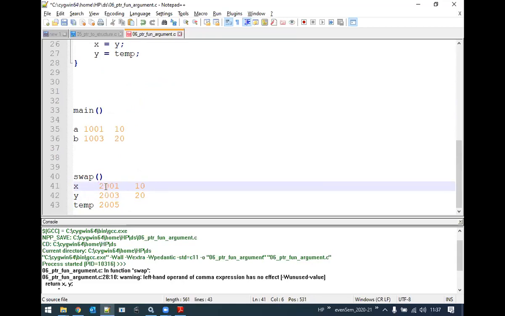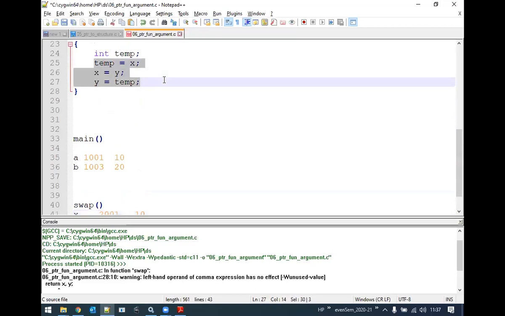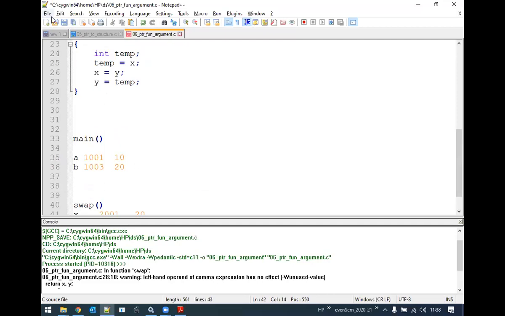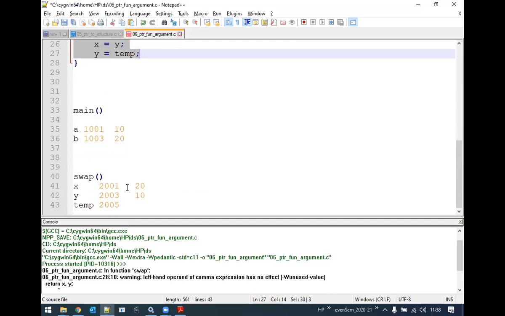Now what's happening? The corresponding three statements will get executed. We know the working of this one. Once this execution gets completed, X will be 20 and Y will be 10, right? Once these three statements get executed, X and Y's values will get interchanged.